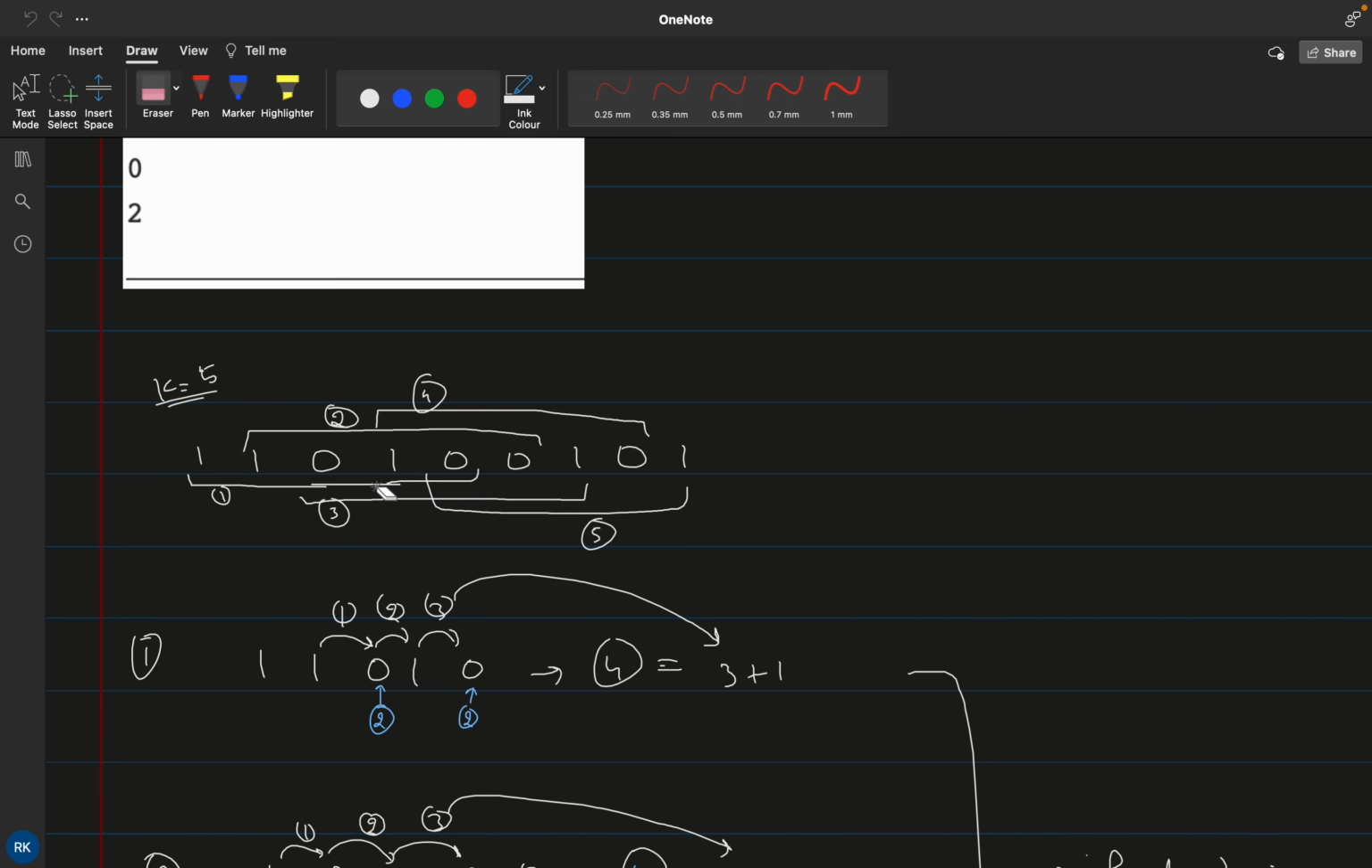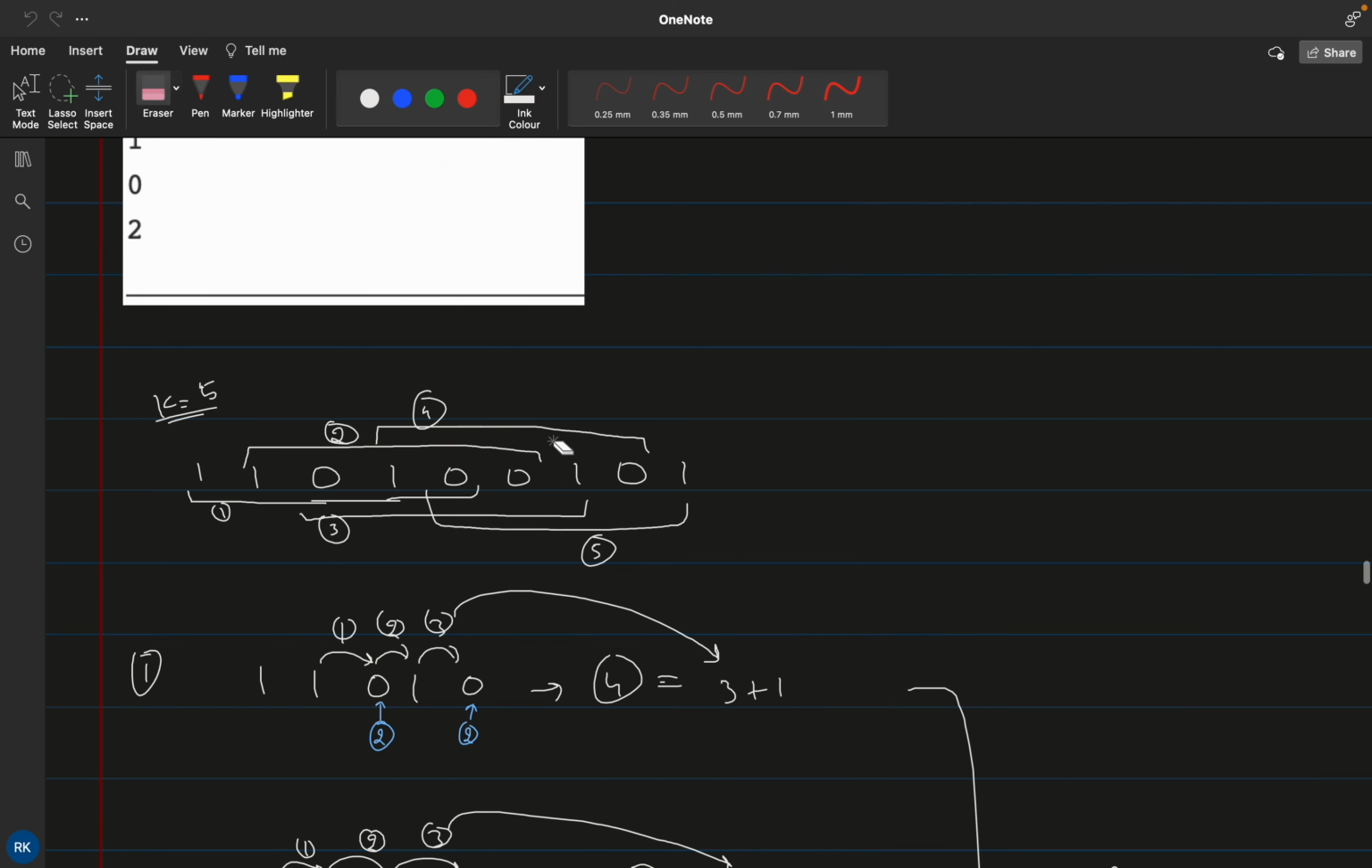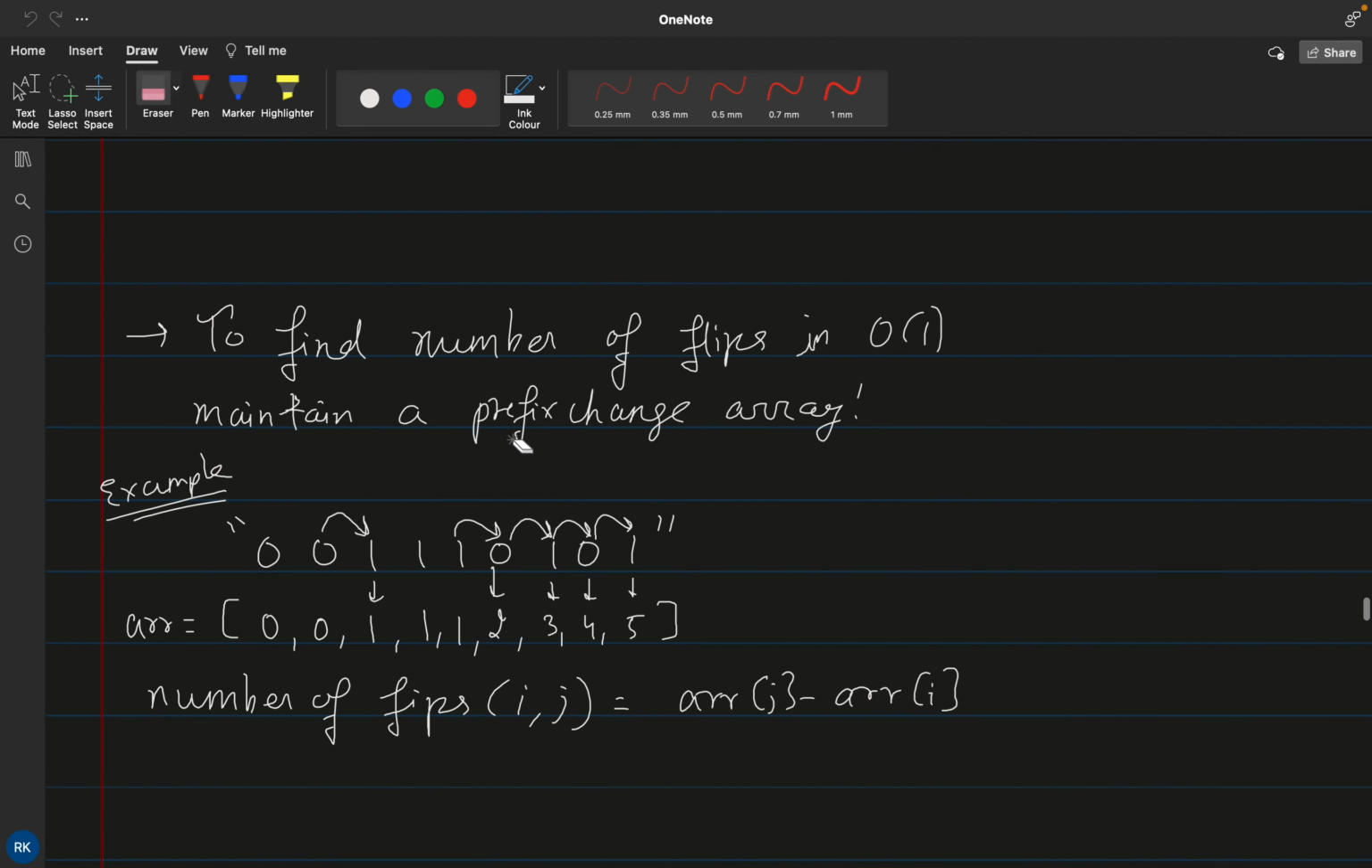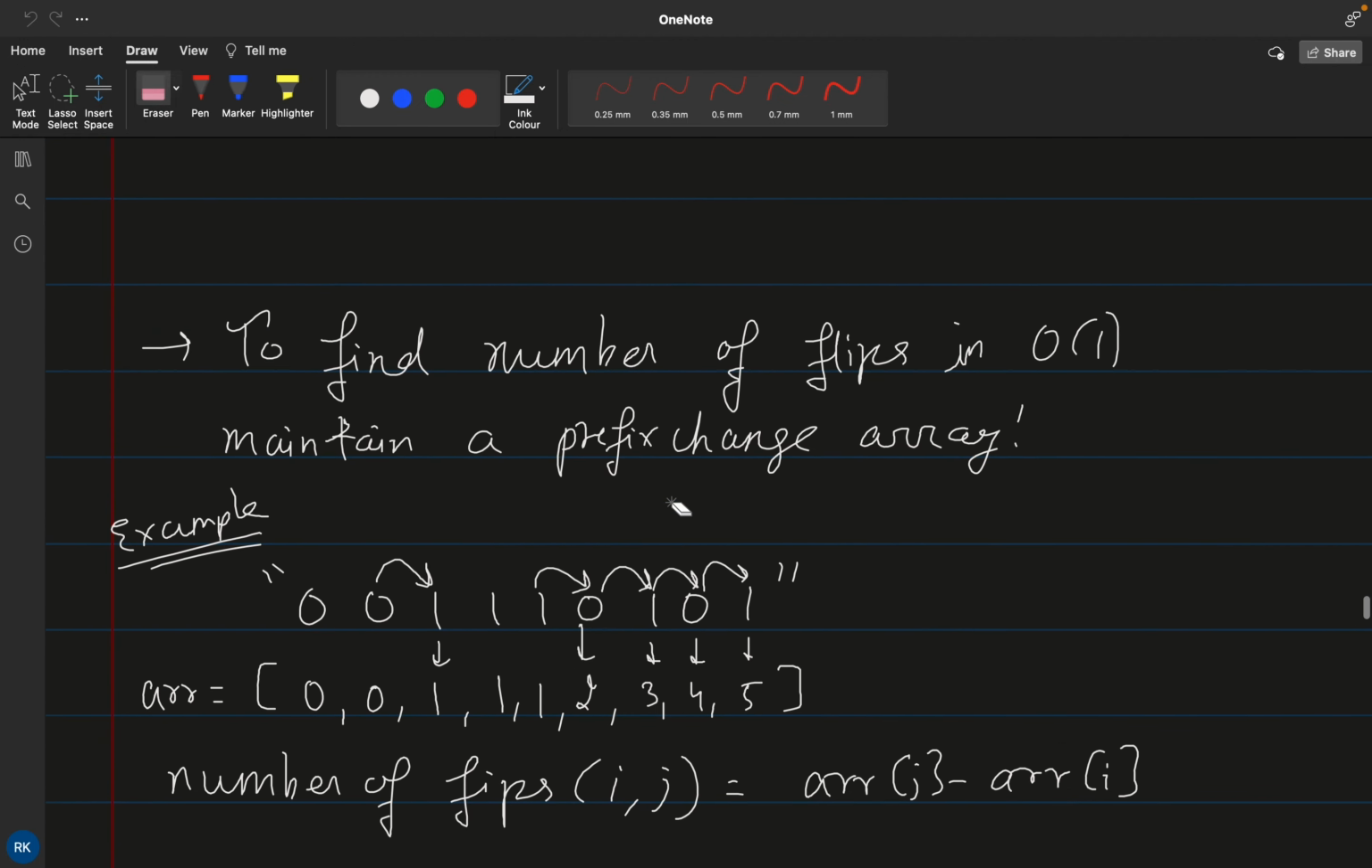Now if I again traverse it inside the subarray to find out the number of flips, it will cost me O of n again, so that will give me a complexity of O of n square, and it will give me a TLE. But we want to find it in O of 1, so what we can do is maintain a prefix change array. Suppose this was our string,